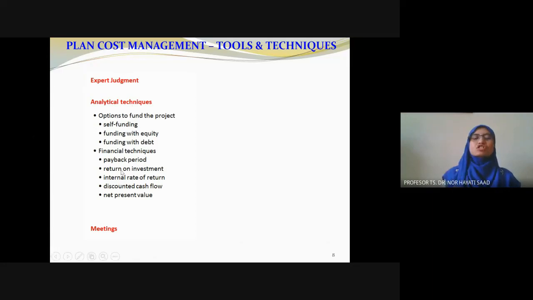Okay, so later I will share with you some notes on these financial techniques. But of course, as an engineer, when you are involved with a project, as a project engineer or project manager, you should know this one. And in fact, guys, it's not only when you are involved as a project engineer, or even with any other position in the company, or even on your own investment, for example, you should be able to calculate it, for our personal life.